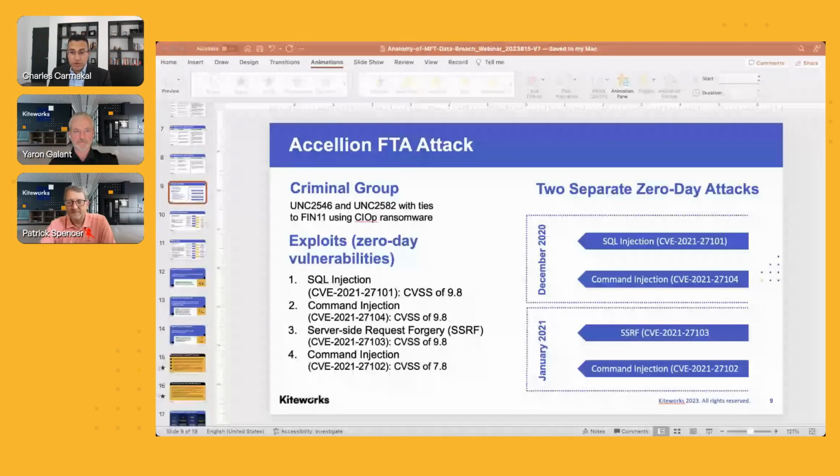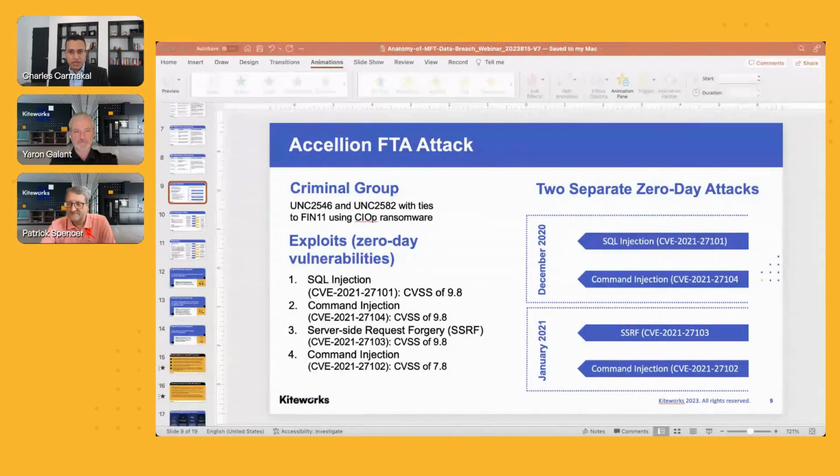The other thing I thought was interesting was some of the extortion demands were astronomically high, higher than I would expect any organization to reasonably consider paying. Some organizations received $50 million demands, which I could understand why the threat actor might think that somebody would pay that, but that was a pretty high demand for the value of the data that they had. And so there were a number of things that the threat actor did or didn't do that essentially made that extortion campaign against FTA customers not that successful.